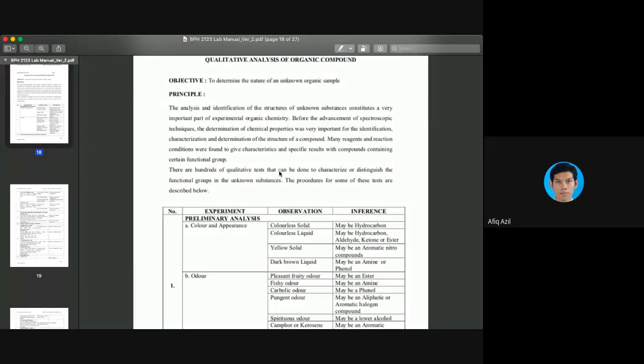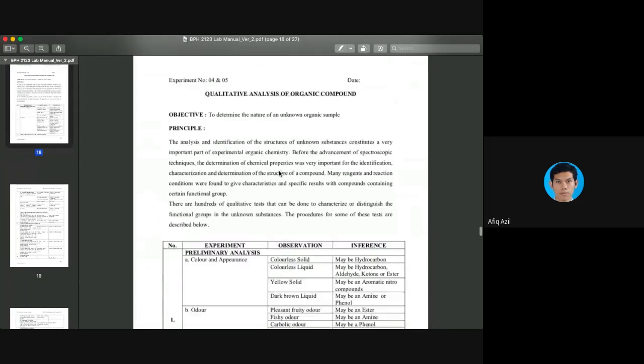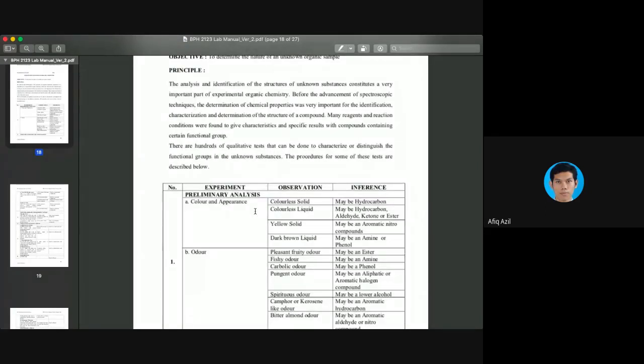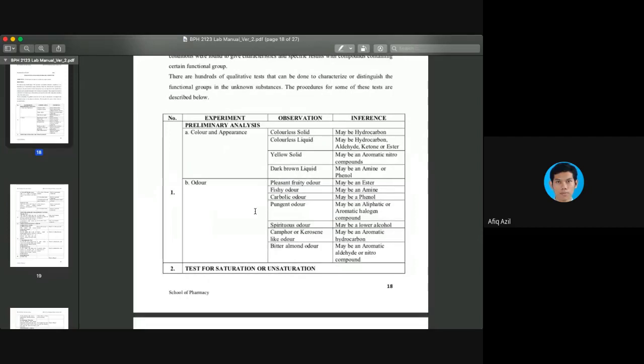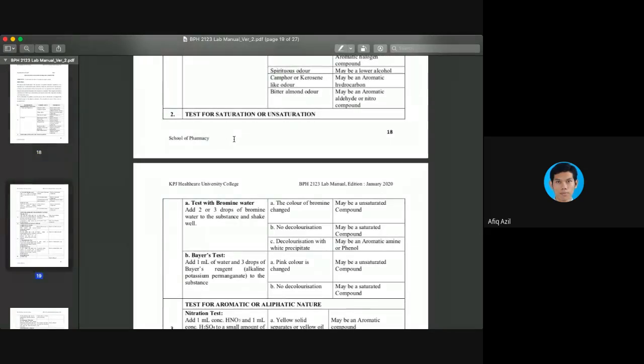Okay, so basically, if you are in the lab, I was supposed to give you unknown samples as well. In this case, two unknowns. One unknown to be done in 1 week, and then another should be done in another week. Two unknowns, in which you have to do all of these tests, the first one including the physical or preliminary analysis, in which you see the color and appearance, the smell of the unknown compound, and then you are going to test for the